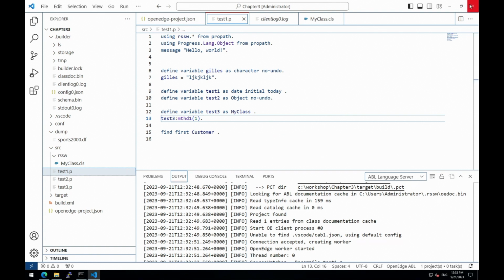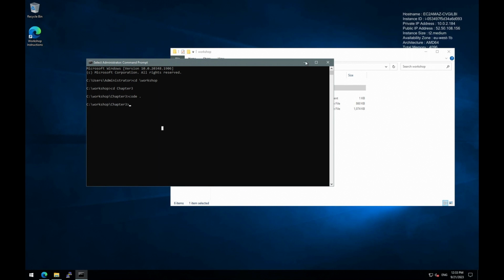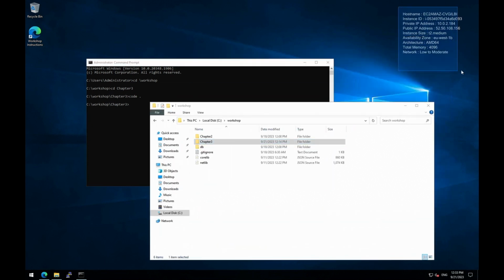Here, if we stop VSCode and restart VSCode, this is a virtual machine which is on EC2. It has been started, for those who know EC2, as a T2 medium, which is a very small instance. Here we have 4 gigabytes of memory, so it's really some crap. Your cell phone has more memory and probably more CPU than that.